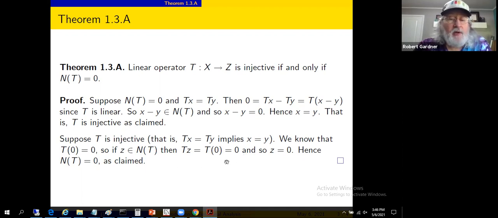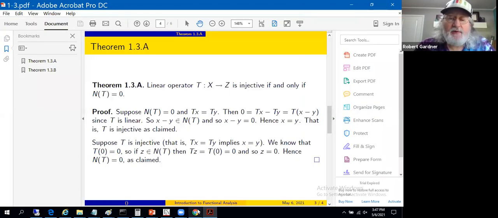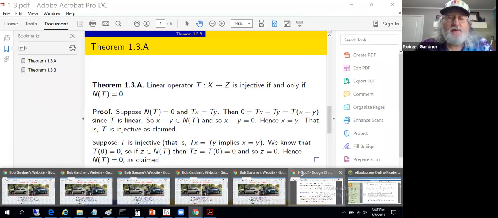T of Z equals 0, but T of 0 also equals 0. So we've got T of Z equals T of 0. Well, that implies Z equals 0 under a hypothesis of one-to-oneness, under a hypothesis of injective. So we've assumed Z is in the null space of T and concluded Z must be the 0 vector. So the only thing in the null space of T is the 0 vector, and that was the converse of the first claim. So a linear transformation is injective if and only if its null space consists only of the 0 vector. Returning to the notes,